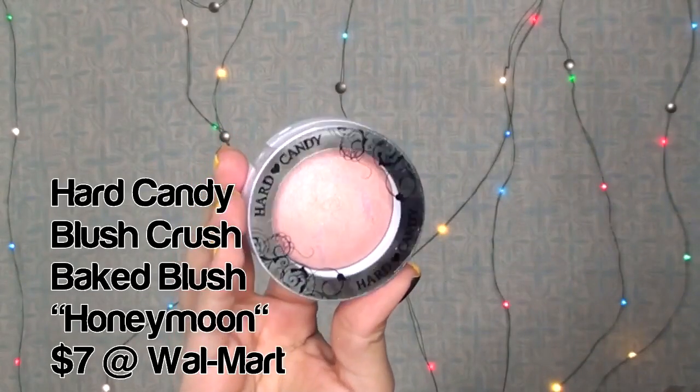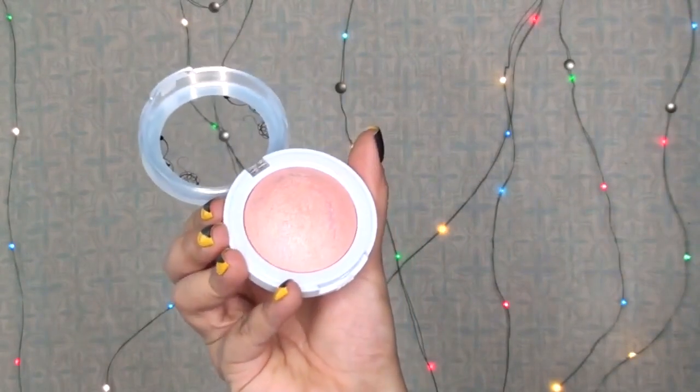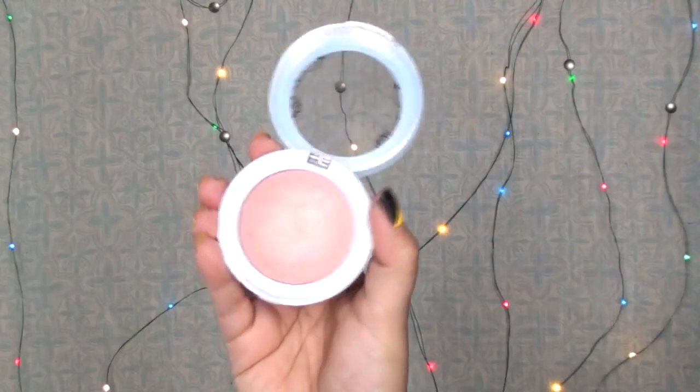Now, moving on, I got something that was actually core. This is part of their core collection. They've been selling this for a while now. This is the Hard Candy Baked Blush in Honeymoon. Now, when I saw it, you're going to see pictures of it, I just thought, oh, it's a peachy blush. It's a peachy, slightly glowy blush. Once again,